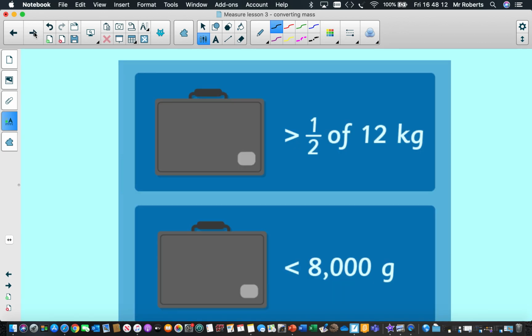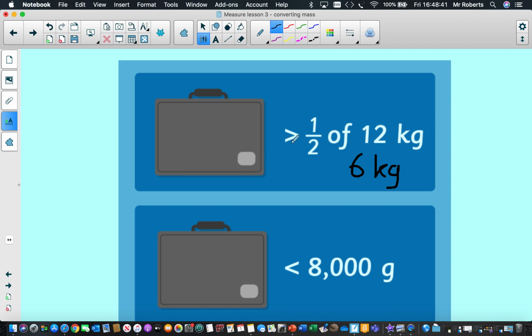Okay, next style of question. This was our last question for today. I've got some greater than and less than. So what I'm going to do is look at the first one. It says half of 12 kilograms. Half of 12 is 6. So I can write 6 kilograms there to help me. And I've got to make my place value,